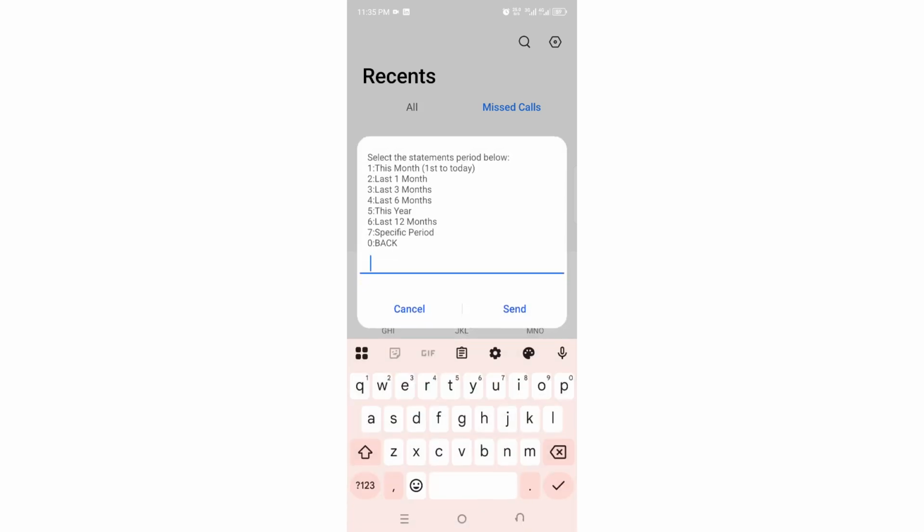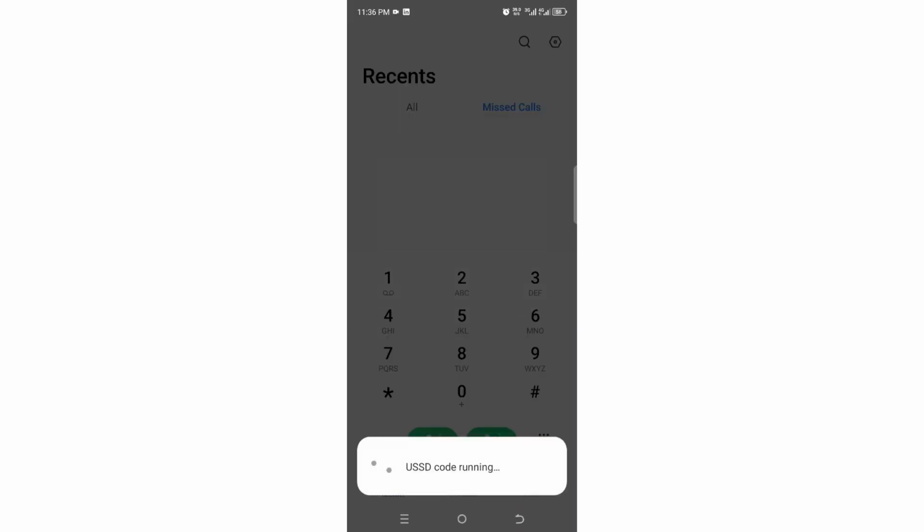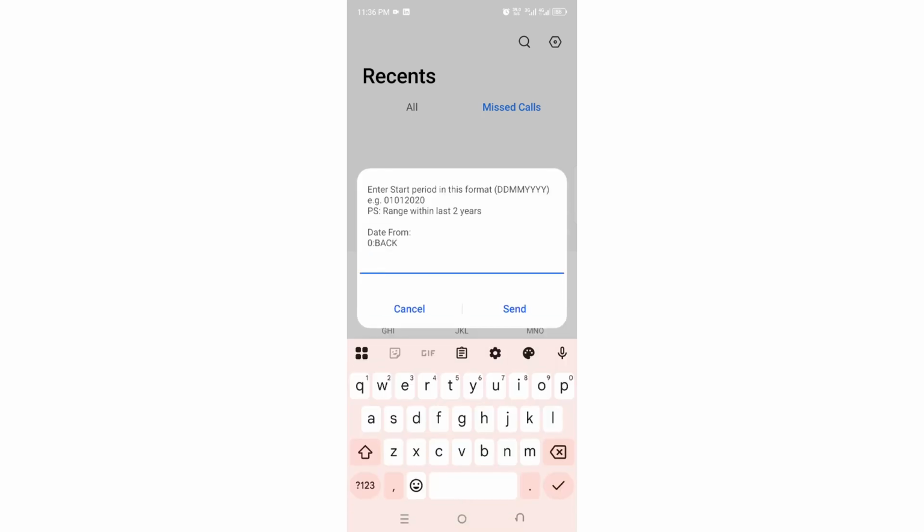Then from there, you'll be taken into this statement where you have different periods where you can download your statement. But in our case, we want to date back to the period of our choice, not the last 12 months, but a period between 2023 and 2025, and see if we can get that statement. So we shall just go with option 7, where we shall get a period from